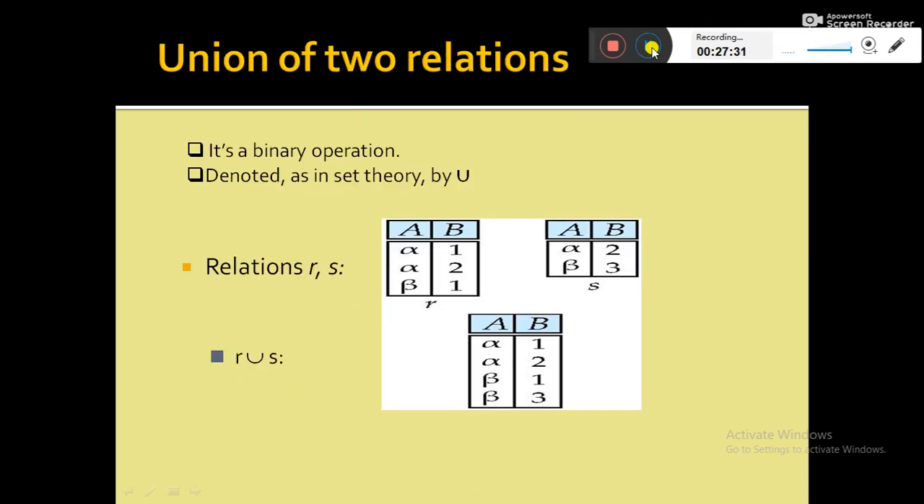The next operation is the union operation. Union is also a fundamental operation, but it is not a unary operation, it is a binary operation, because it is performed on more than one relation. It is denoted by the union symbol, as in set theory. Suppose this is the relation R and this is the relation S, both having the same number of attributes, and the domains are of the same data type. So if you perform union among these two relations, R union S,